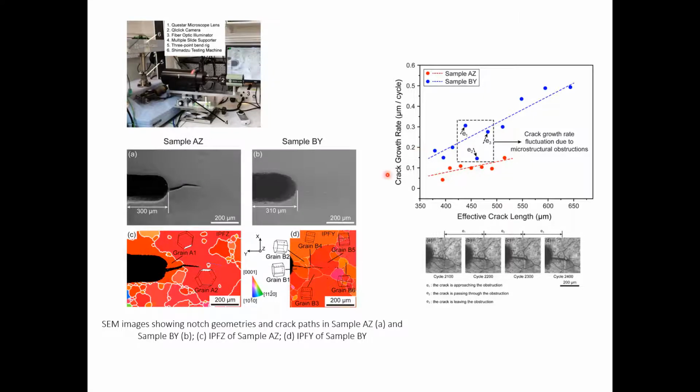And in the experiments, first of all, what we clearly find is that there are very different rates of growth. So this is crack growth rate versus crack length. The blue symbols correspond to this example over here, sample BY, and the red symbols correspond to this case here. So this case, enabling a little more plasticity, seems to be leading to lower crack growth rates. But as we increase crack length, the crack growth rate increases, of course, because of the stress increase. But the rate of growth for sample BY, where the cracks grow parallel to the prisms but along the c-axis